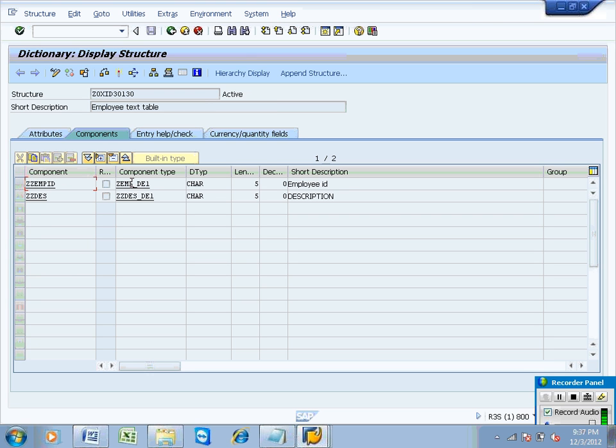Whenever you put the data using the extractor, the data in these fields will transfer through to the InfoObject, and after this the InfoObject text table. So the text table should also contain 2 fields.